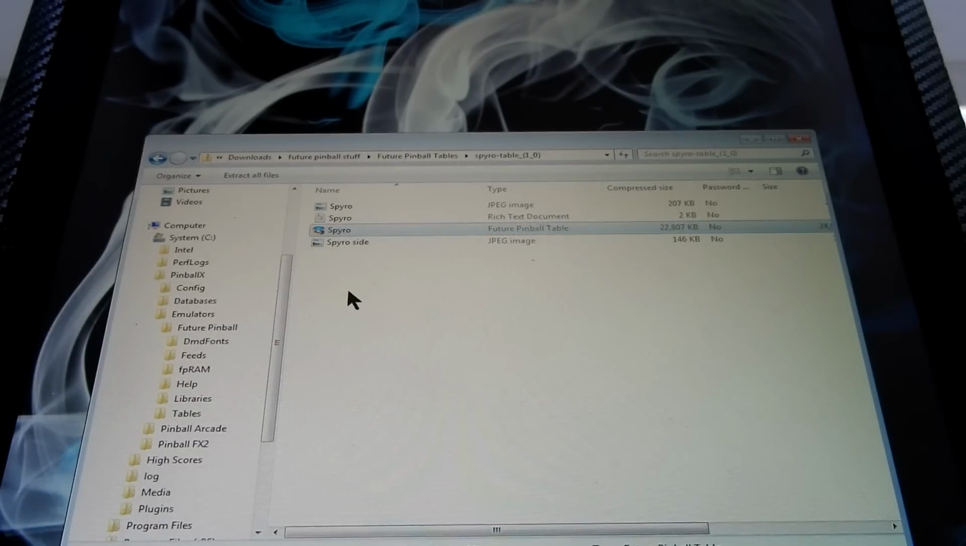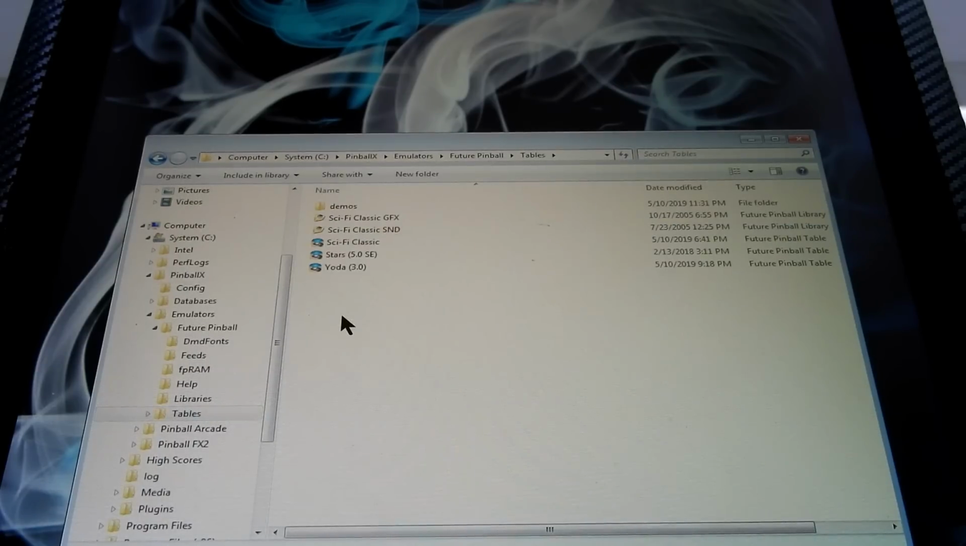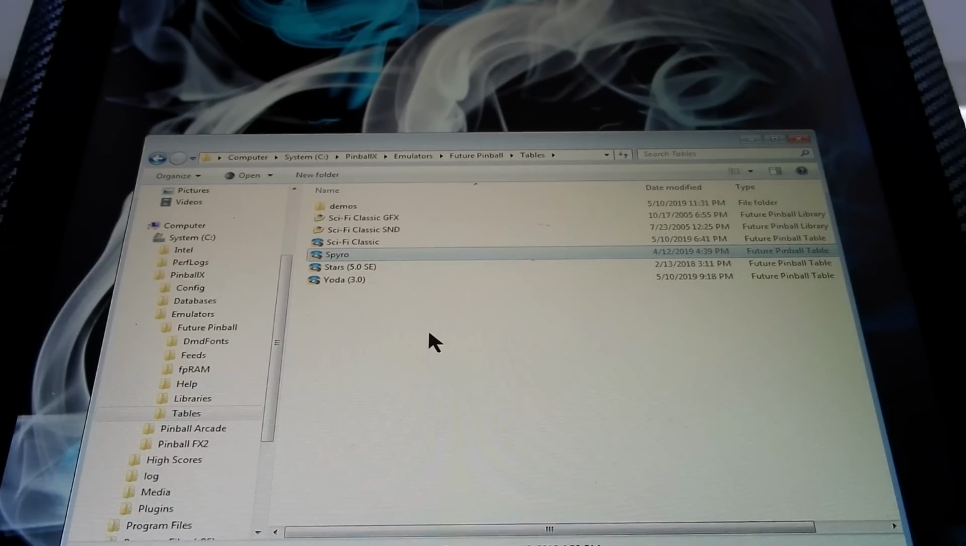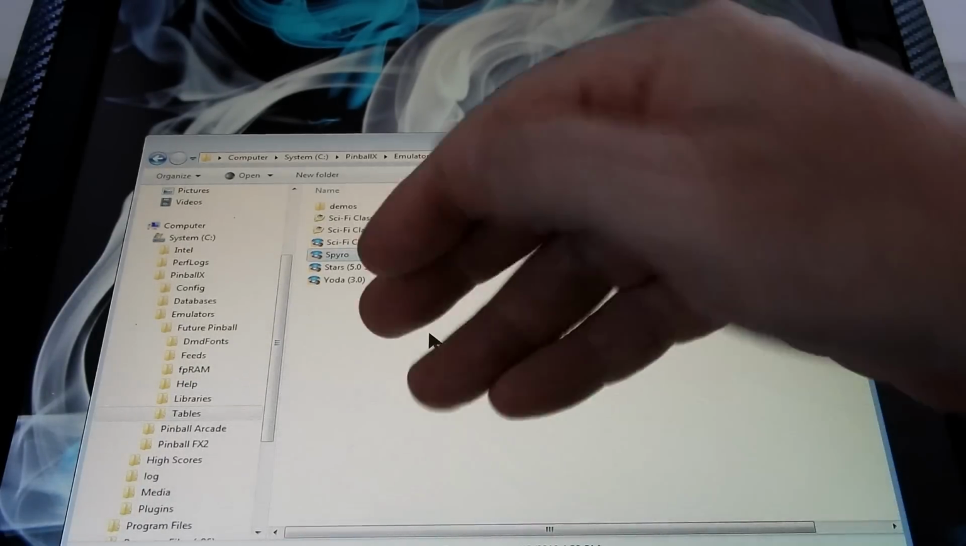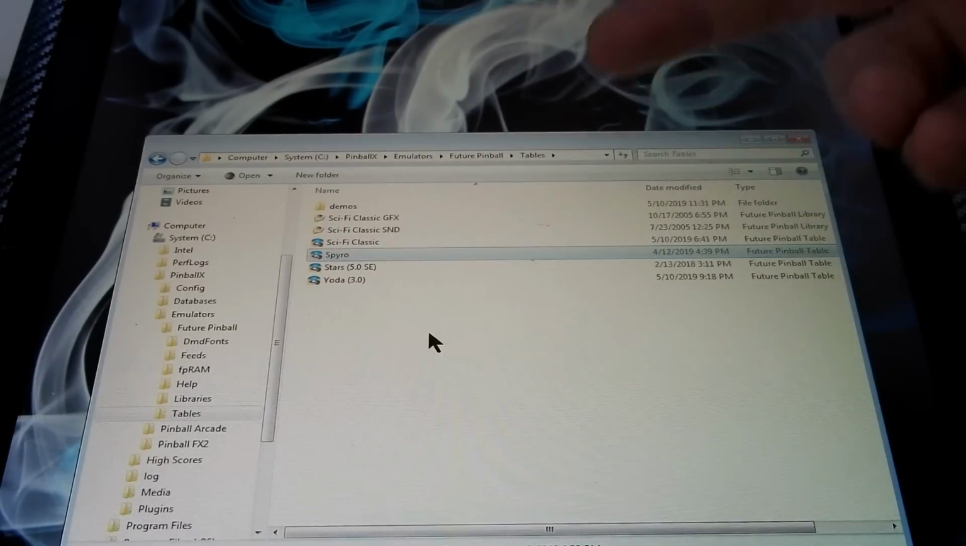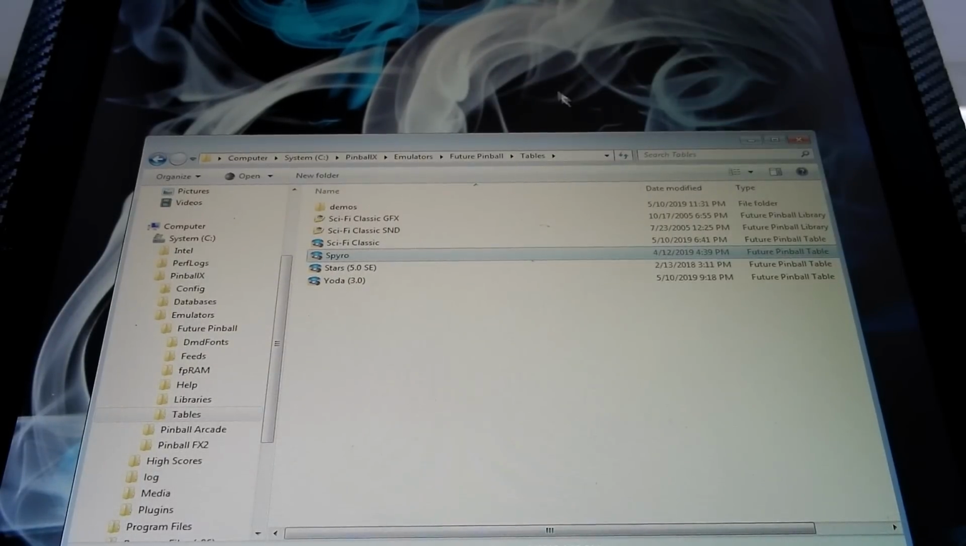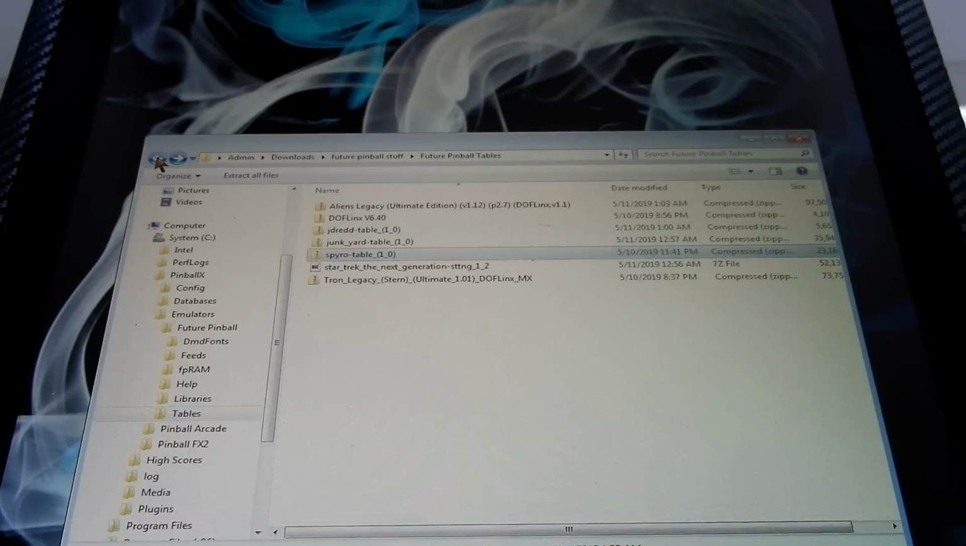I always like to use copies in case something goes wrong. You can always go back to the original, go back into the tables folder, and then we're going to just paste that in. And that's it basically. It doesn't require any support. If there was any support files required, the likelihood is it'll be in the original zip file that we downloaded. If we take a look at perhaps another one